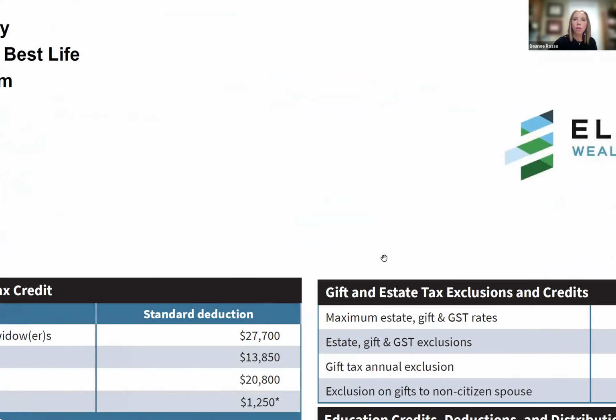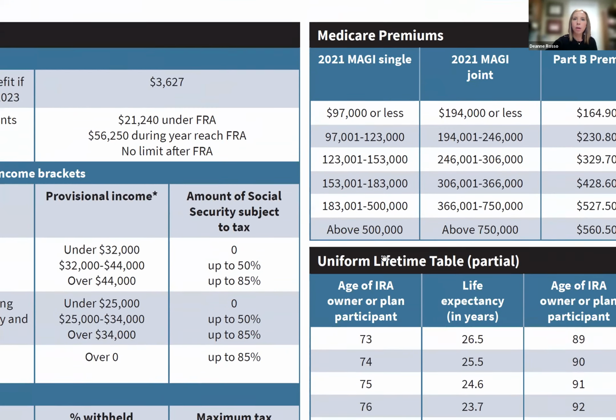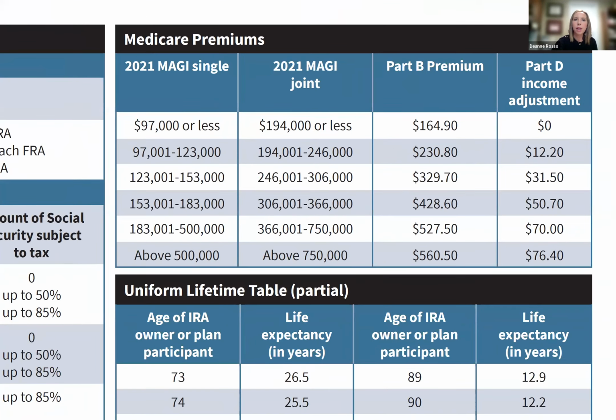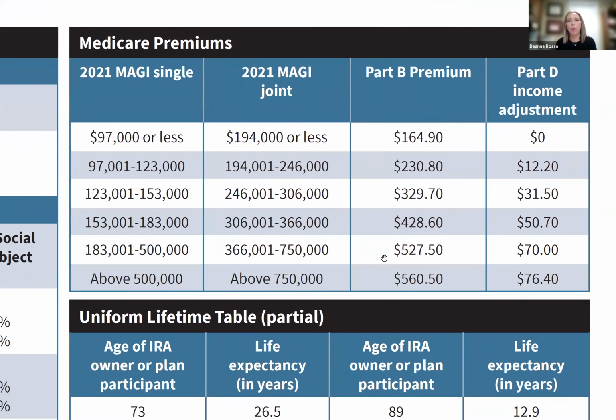I'm going to skip over now to, I keep going to the wrong screen. Sorry about that. Okay, Medicare premiums. One important thing that I always like to share is your Medicare premium is also dependent on your modified adjusted gross income. And it's not this year's modified adjusted gross income. It's the modified adjusted gross income from 2 years ago. So for example, 2021 modified adjusted gross income for singles of $97,000 or less or joint of $194,000 or less, your Part B premium for this year will be